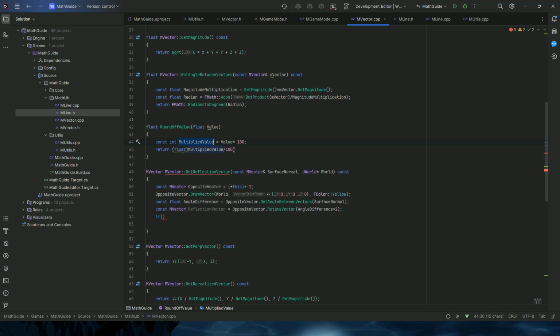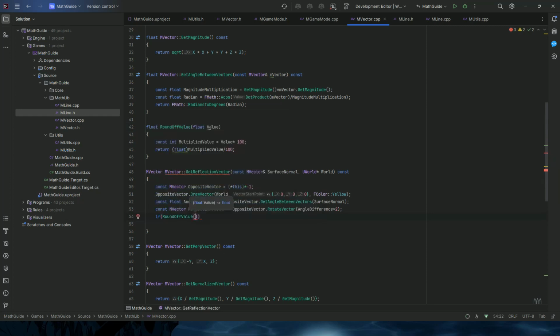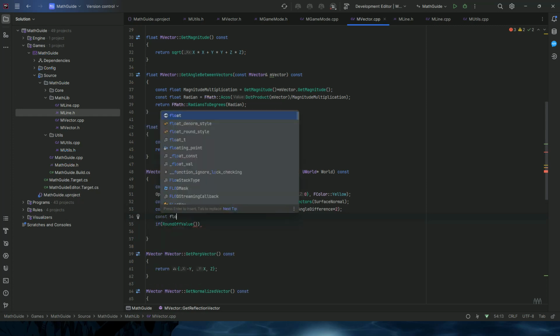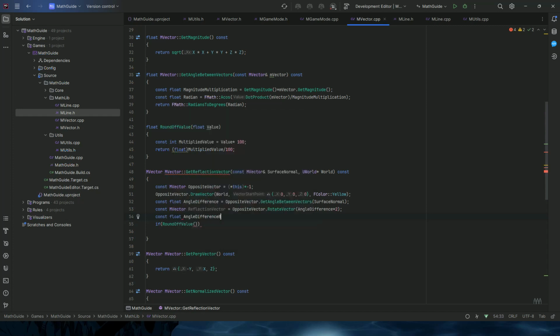Now when we divide it by 100, it will be 33.33, and all the digits behind the threes will be discarded. So now the rounded-off value. We haven't calculated the angle between the reflection vector and that vector yet. So const float angle difference between